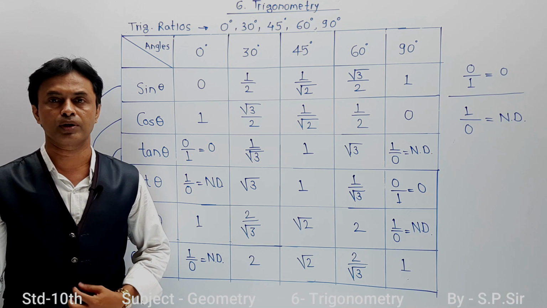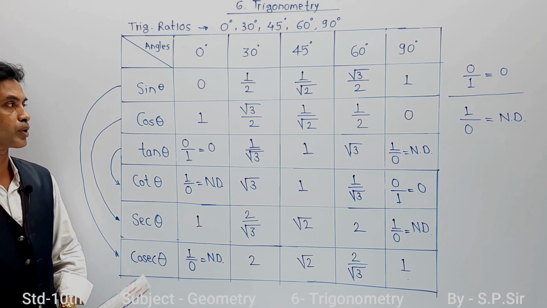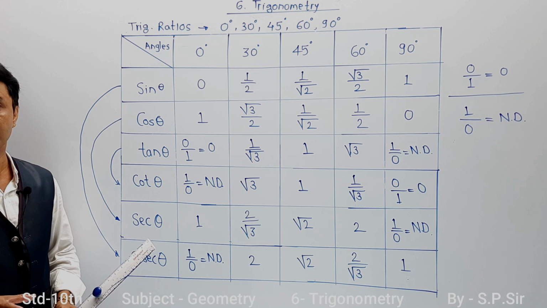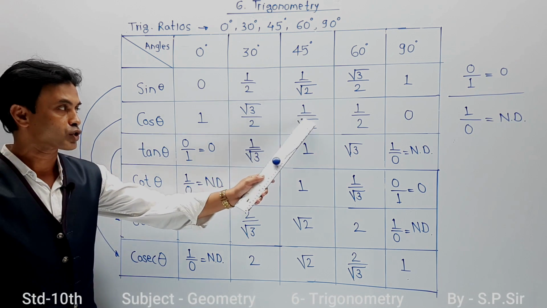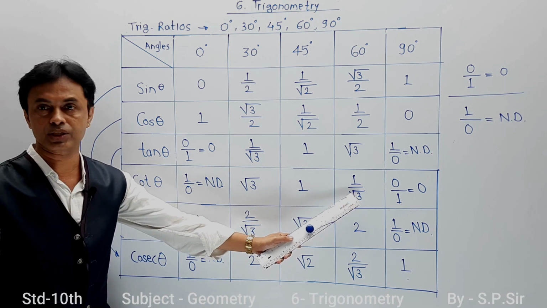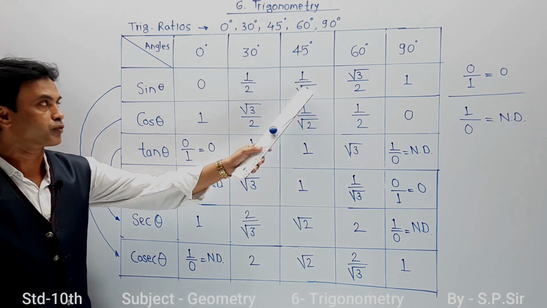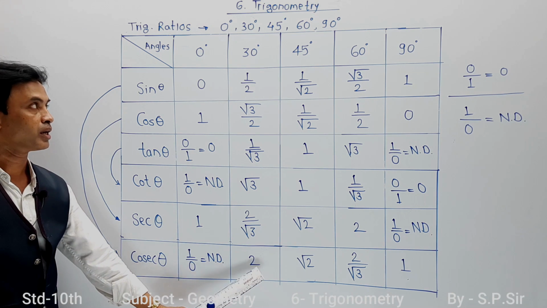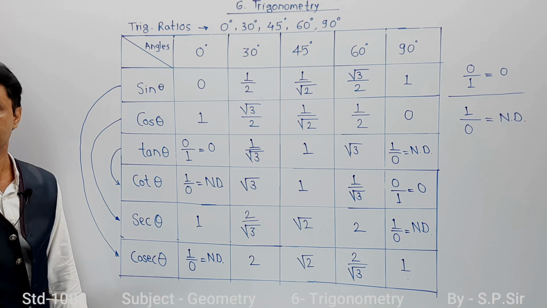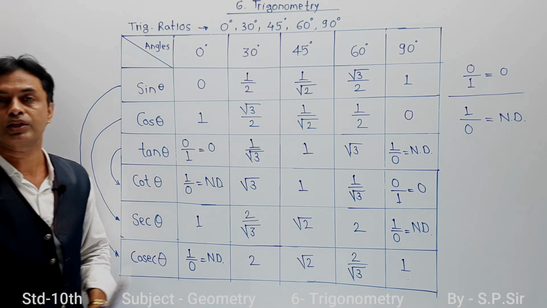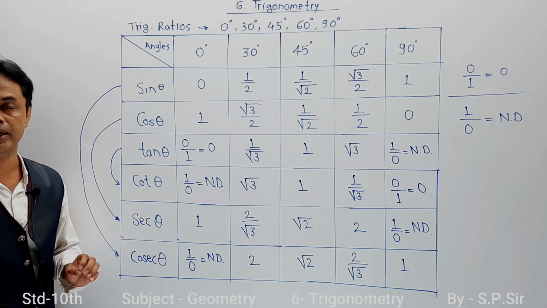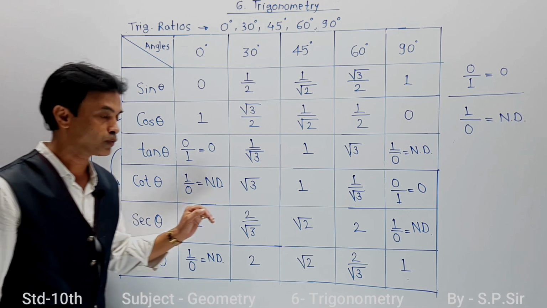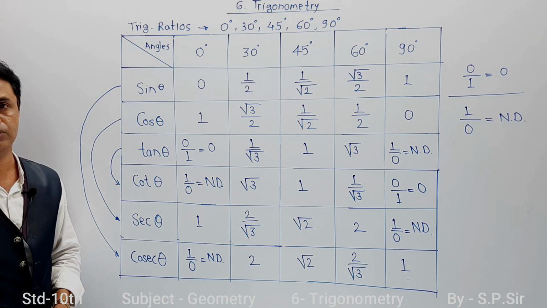Now, why is this table important? The reason is that they are not giving any condition directly. They are going to ask you mixed numericals. For example, cos 45 into cot 60 divided by sin 45 into cosec 30. They can ask you any value, something multiplied by something, divided by something, and for that you should remember all these values. Just remember this table, and it is going to help you all the way in your examination, for the numericals coming in trigonometric ratios.